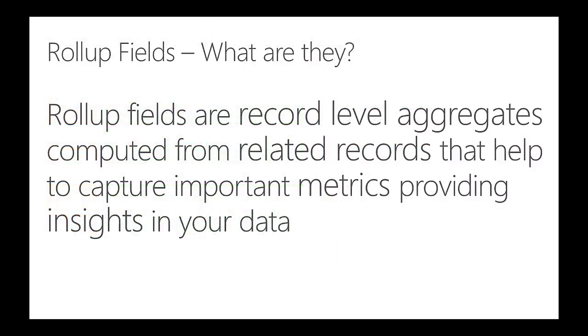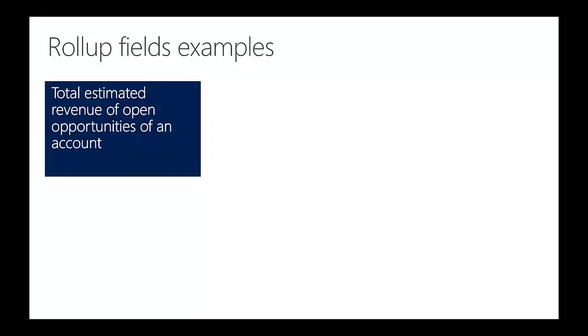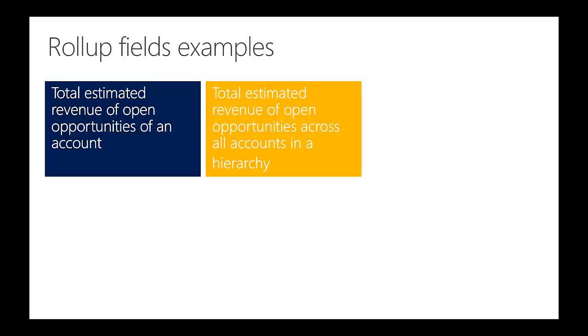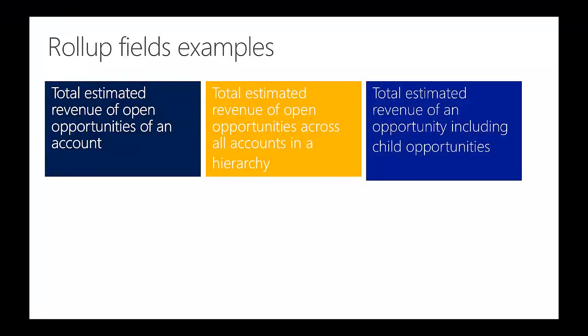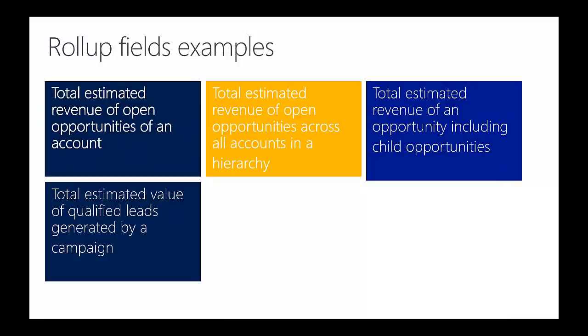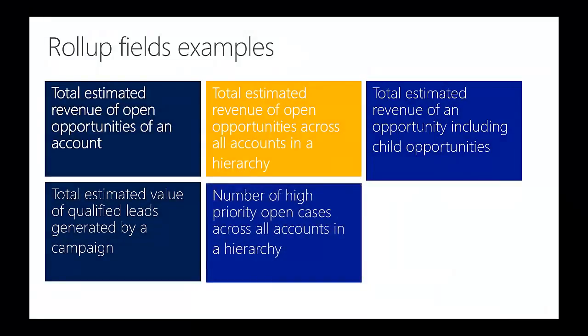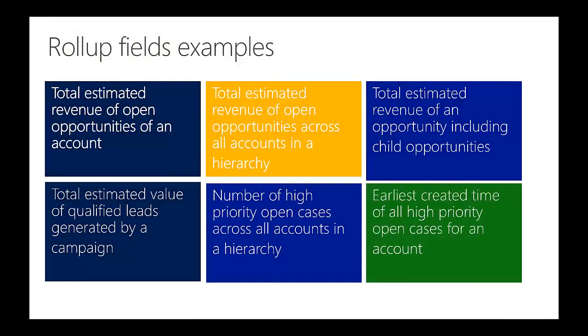If I talk about roll-up fields and what they are, well, roll-up fields are record-level aggregates computed from related records that help to capture important metrics, providing insights into your business or company data. So if we talk about some examples here, we have the total estimated revenue of open opportunities of an account, the estimated revenue of open opportunities across all accounts in a hierarchy, the total estimated revenue of an opportunity, that does include child opportunities, the total estimated value of qualified leads generated by a campaign, the number of high priority open cases across accounts in a hierarchy, and also the earliest created time of all high priority open cases for an